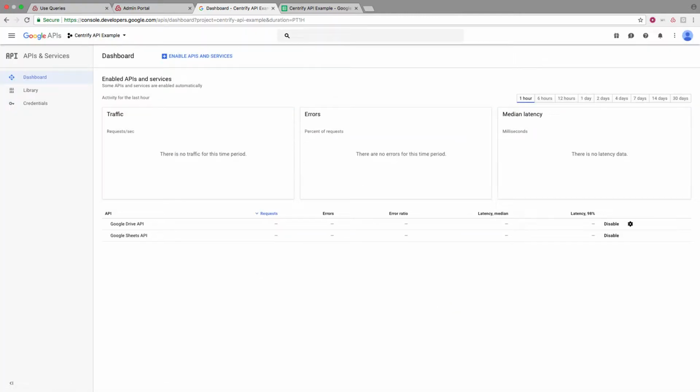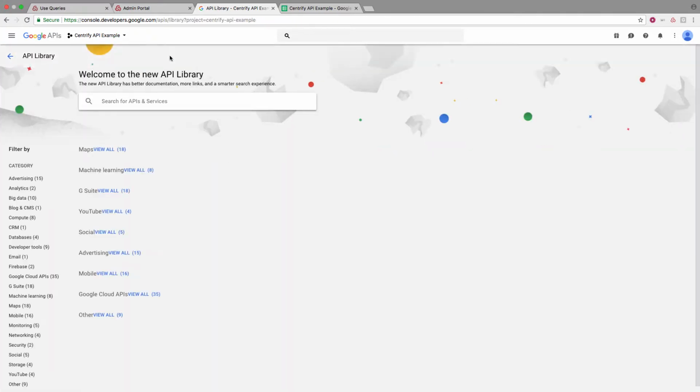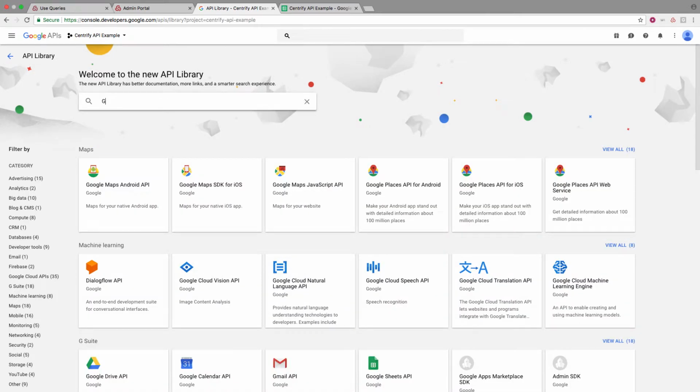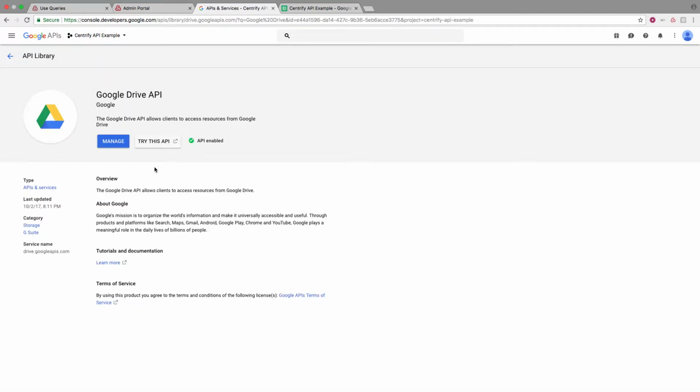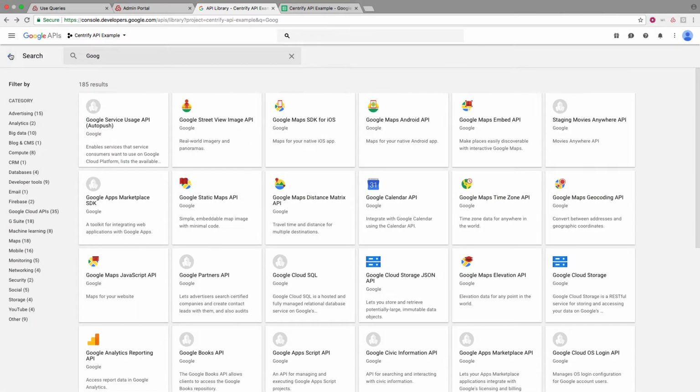Now, the next thing that needs to happen is you need to enable Google Drive API. So if you select the API library here, you can search for Google Drive. And if I click on it, if it wasn't already enabled, it would give me an option to enable this API. You need to make sure this is enabled so that the new project will allow access to Google Sheets, right? So we're going to be transforming this data into a Google Sheet, and Google Drive is what's going to store the Google Sheet. So let's go back to our project,